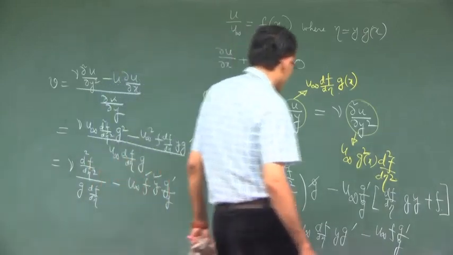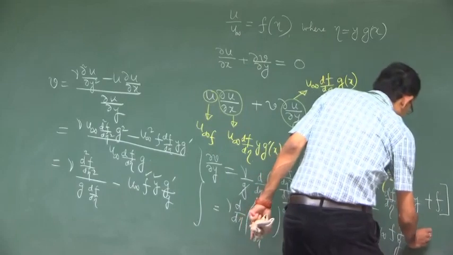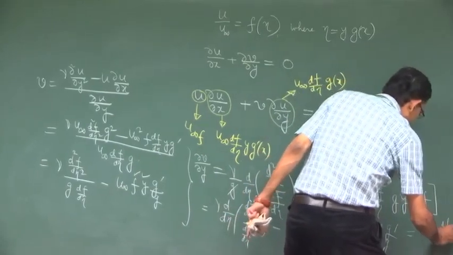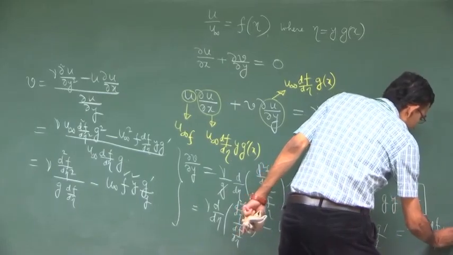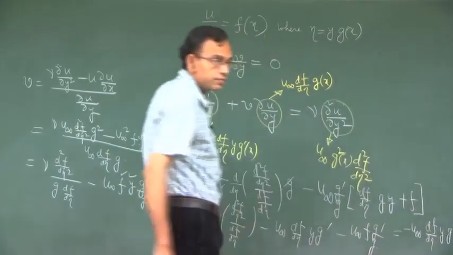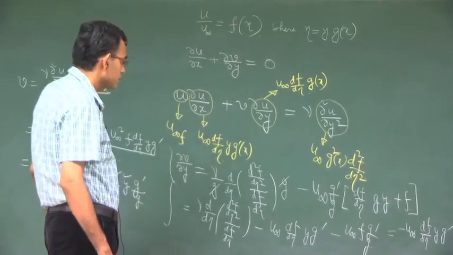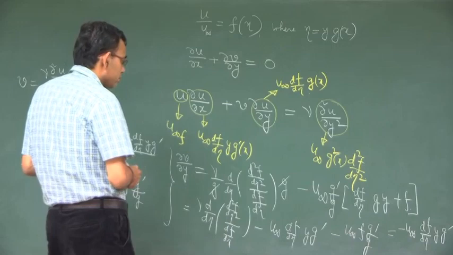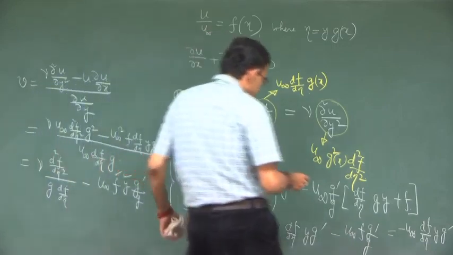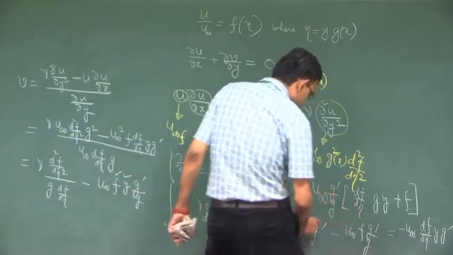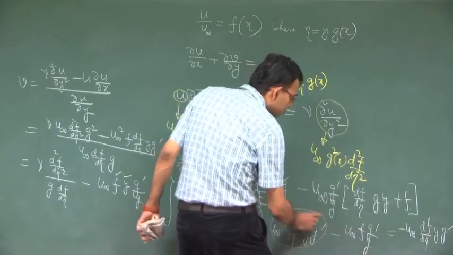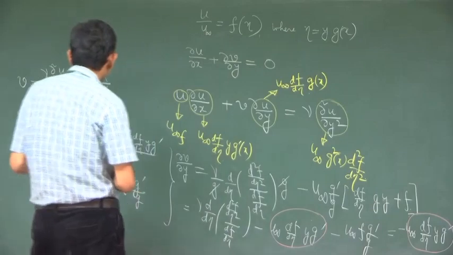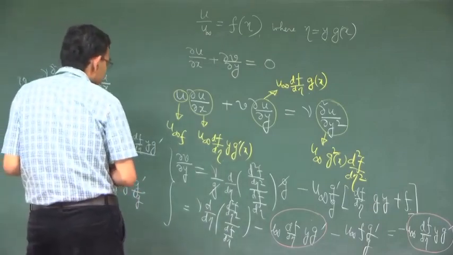So, this is equal to minus u infinity df d eta y g dash. Okay. So, then this term and this term gets cancelled, and then you are left with